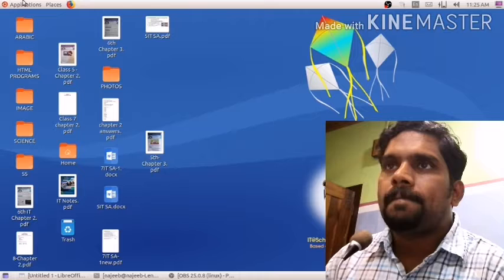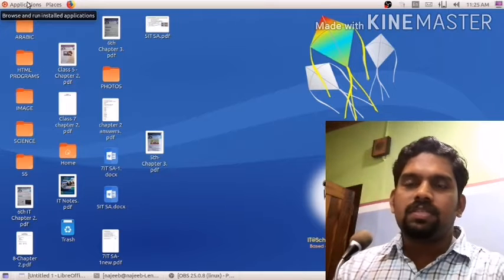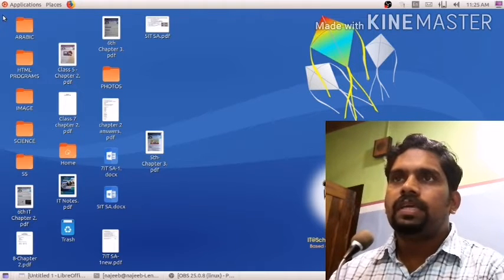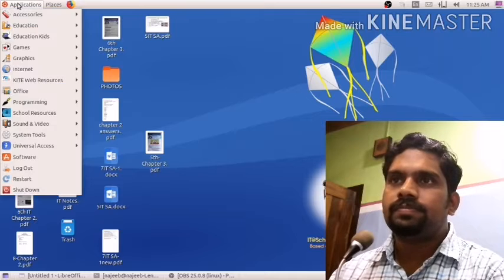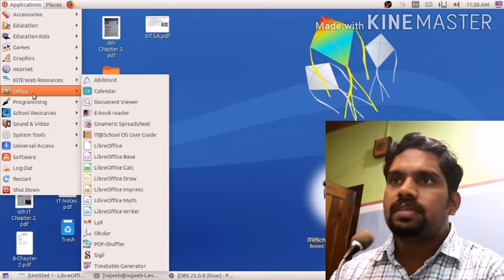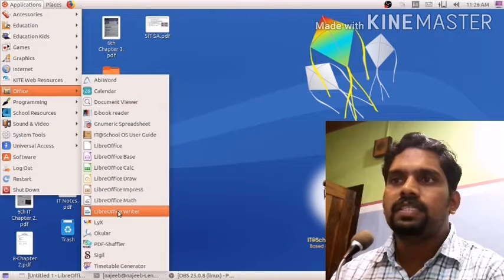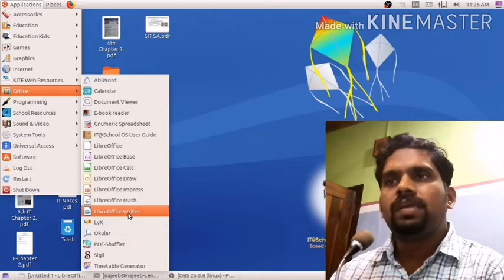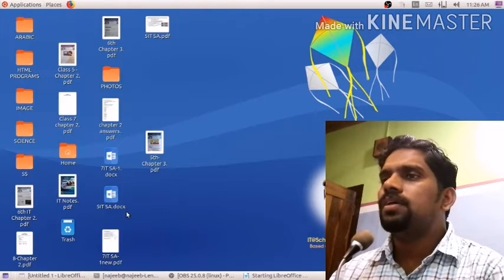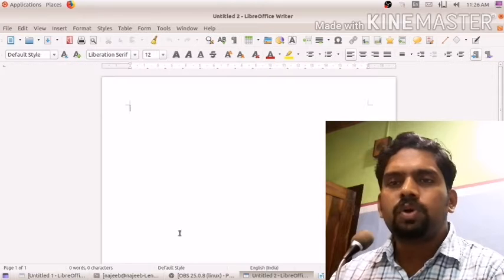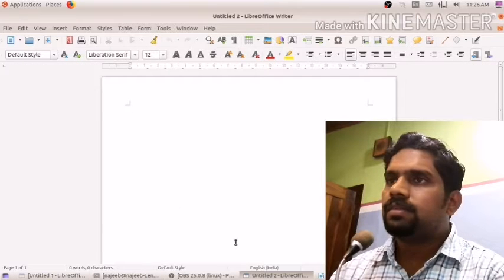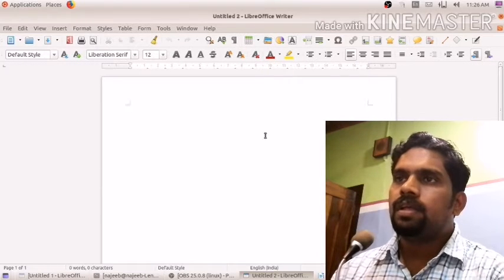So you see how to open LibreOffice Writer. As you know, we can just click on the application, Office, then we have LibreOffice Writer here. So we can just click on that one. Now the LibreOffice Writer document has been displayed here.